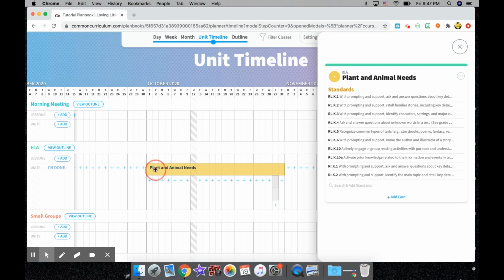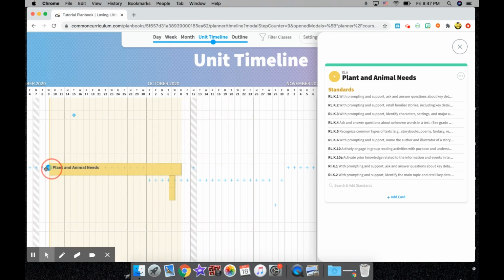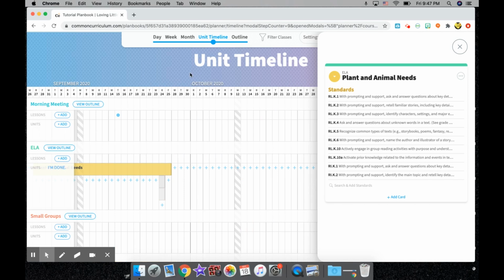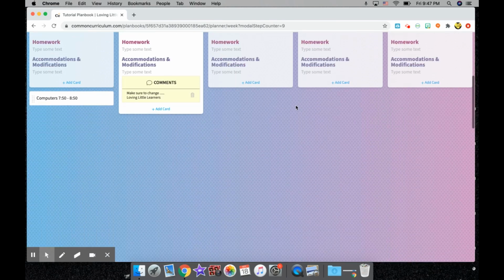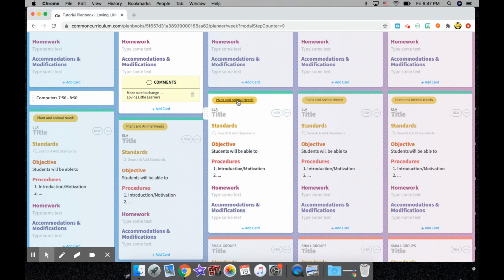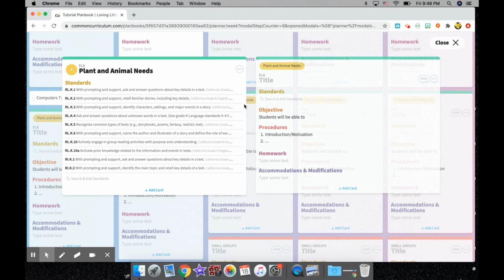And all of these standards will go ahead and show up here within my unit. So let's go ahead and actually drag this unit back so you guys can see it when I open up. Okay, so let's go to my week tab here. And if I did it right, yep, you'll see that my unit pops up in my ELA. So I can click here and look at my unit comments and notes. I only put standards in, but you guys can go in and add these cards where you're